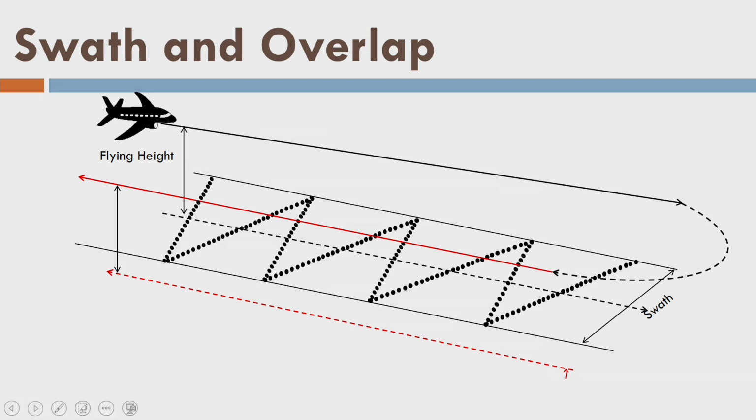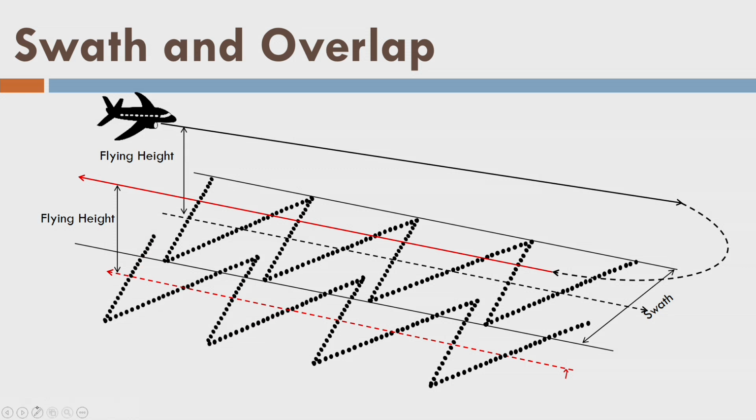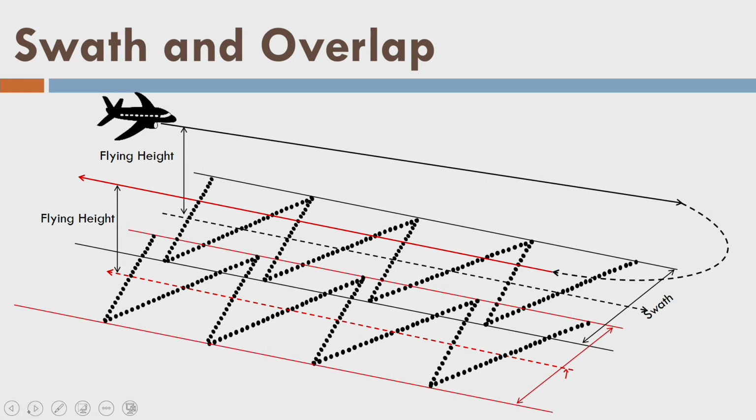Okay, let us acquire the data like this. The aircraft scanner is again acquiring the data. Now we can see one more swath. So this is the swath again, right? And we can see there is an overlap here. This is my overlap between the two swaths, and that is called the overlap. Now you can understand what we mean by overlap and what the swath is.